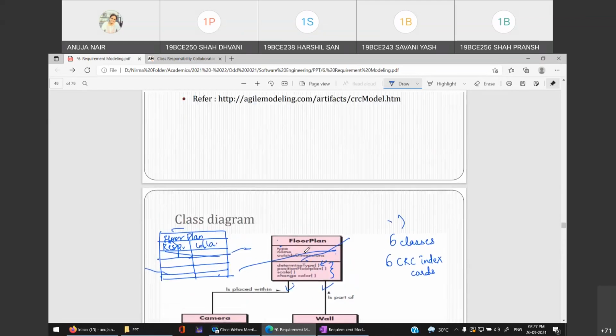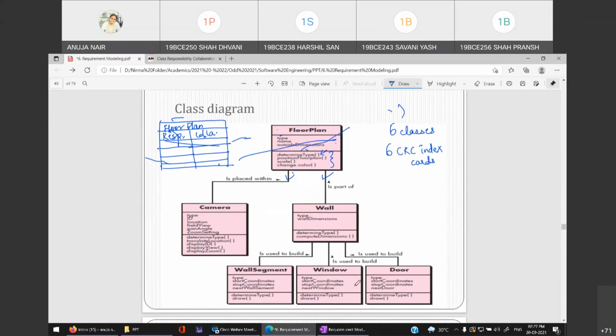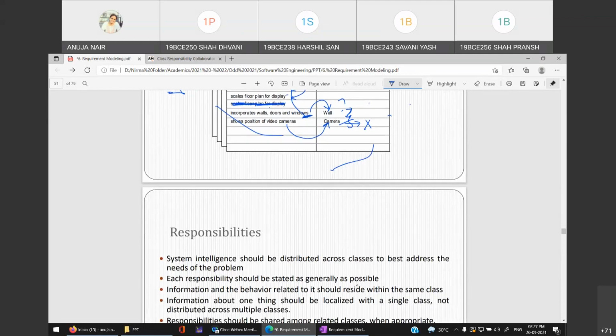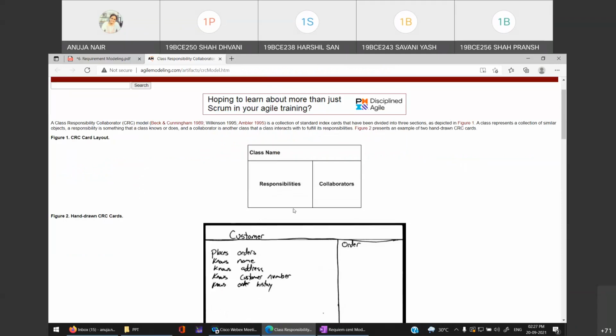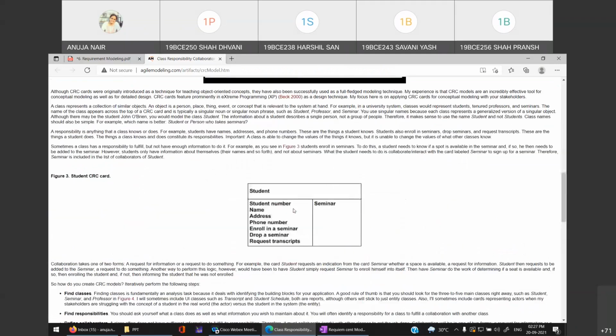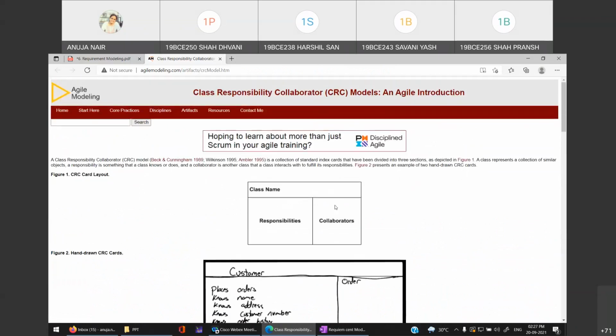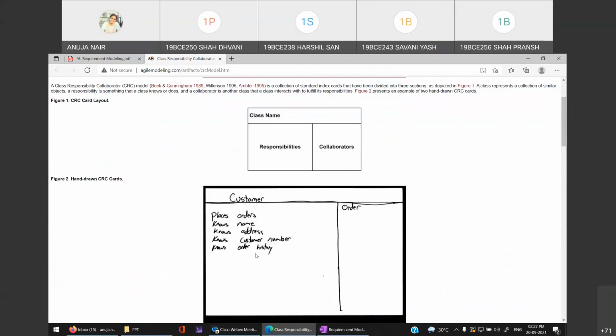You have associated this with camera. Now if I put window over here, it will go wrong because there is no association between floor plan and window in the class diagram. Please tell me that you understood this. Guys, please let me know. Yes?